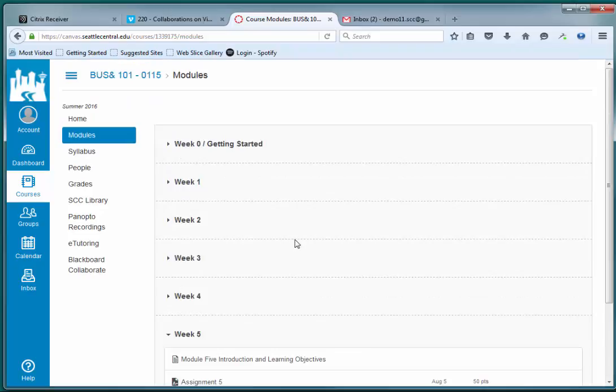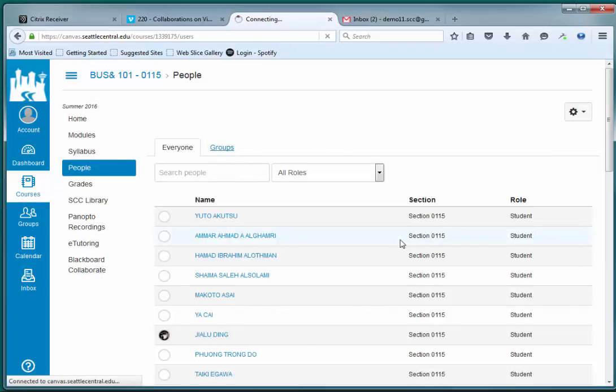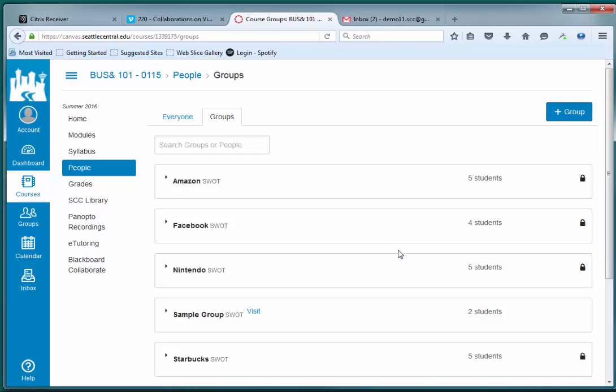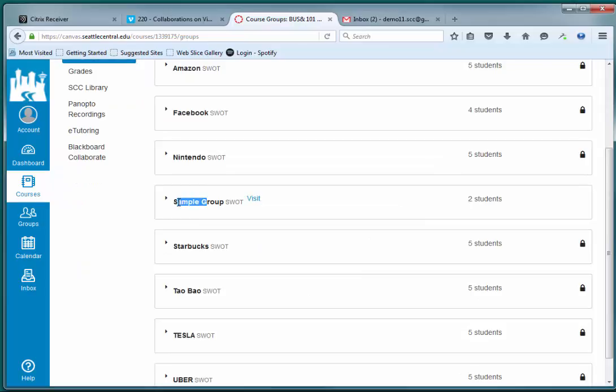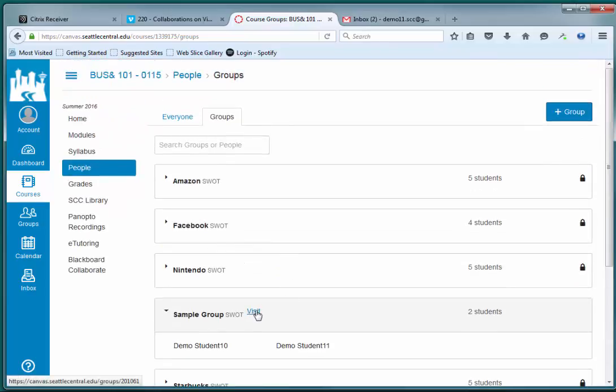But to access my group Canvas course shell for the group, I need to go to the people and then go to the groups. And again, notice that the sample group is the only one that has the visit link there. So I click on it,